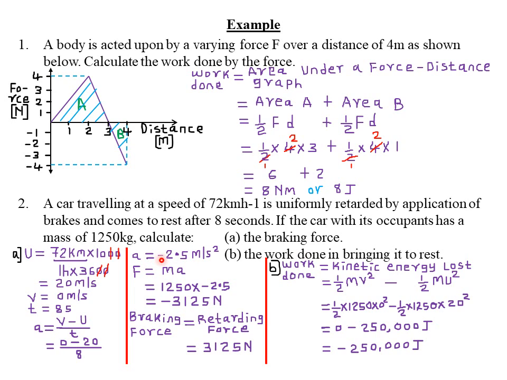So as you can see, acceleration is negative, simply meaning that the body is decelerating, or it is moving with a decreasing velocity. Therefore, force is equal to ma. So the mass of the body was 1250 times an acceleration of negative 2.5. This gives you a force of negative 3,125 Newton. So also remember, the force is negative because it is a braking force, or it is a force